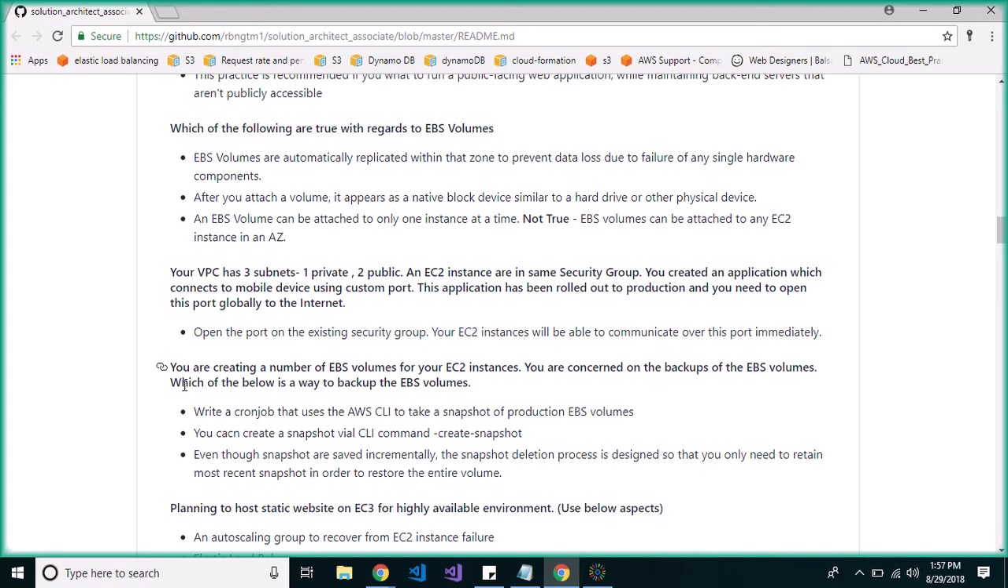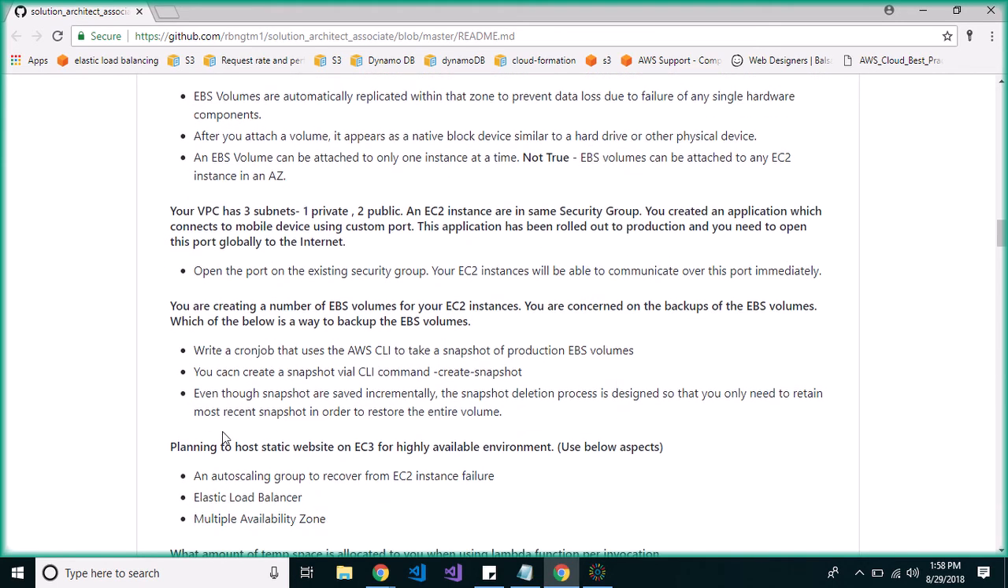Moving to the next question, you are creating a number of EBS volumes for your EC2 instances. You are concerned about backup of the EBS volumes. Which of the below is a way to back up EBS volumes? The option is: write a cron job that uses the AWS CLI to take a snapshot of production EBS volumes, right? You can create a snapshot via the CLI command create snapshot,